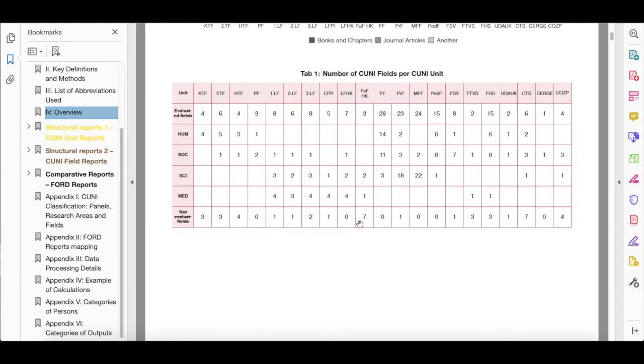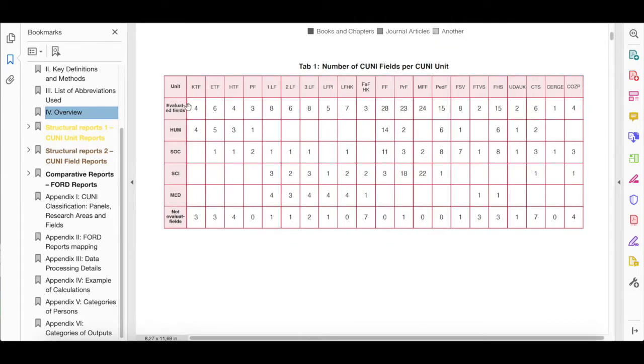Table 1 compares representation of individual units across C-Uni fields. The first row of this table shows the number of C-Uni fields which are required by internal regulations to be evaluated at a given unit. The following 4 rows show how these fields are distributed across the 4 panels. The last row